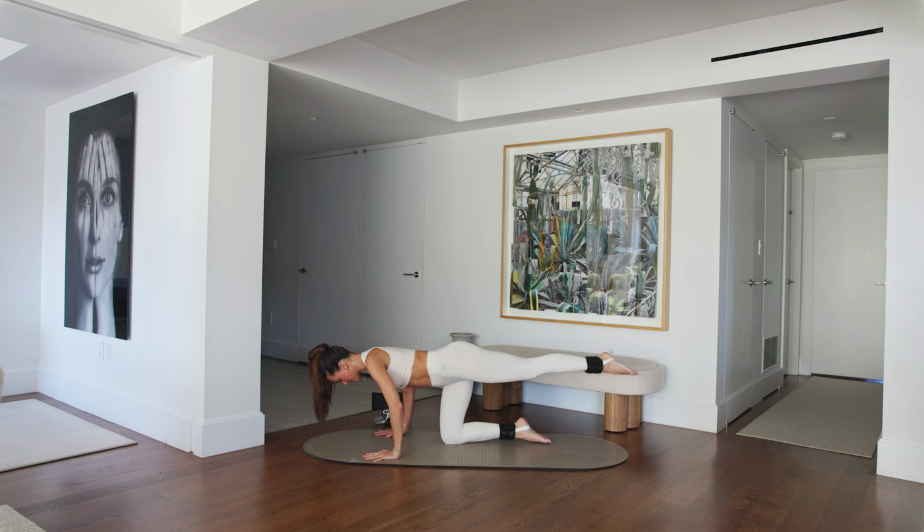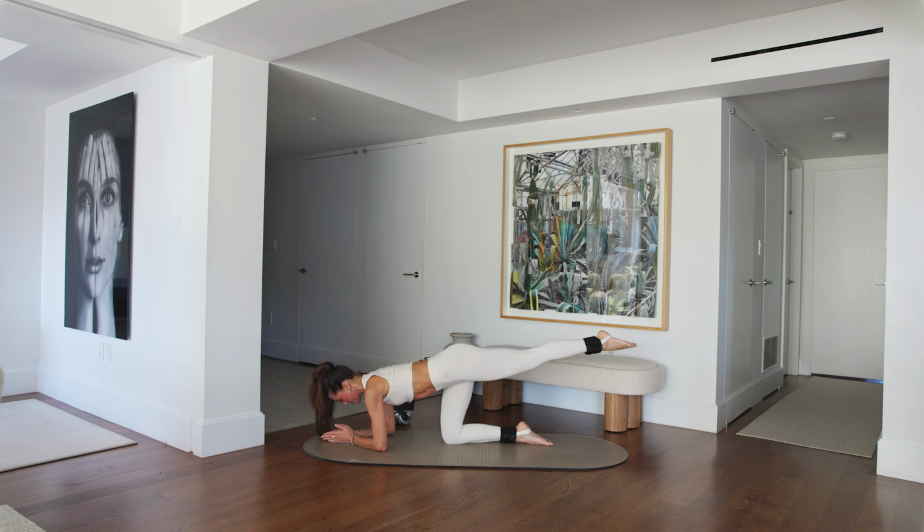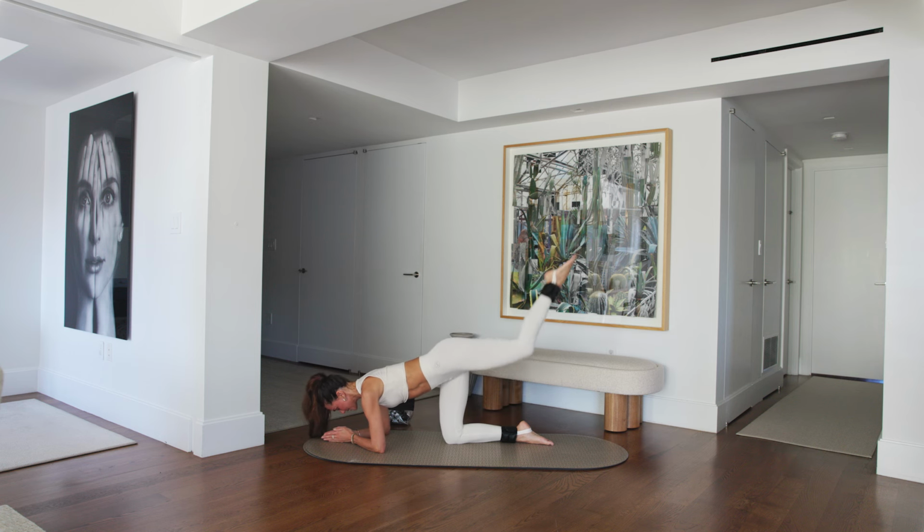Slowly facing the mat. Floating that leg there, coming down onto the forearms, press arms together, make sure knees underneath hip. And let's take the knee to the mat, toes to the ceiling for 20, 19,